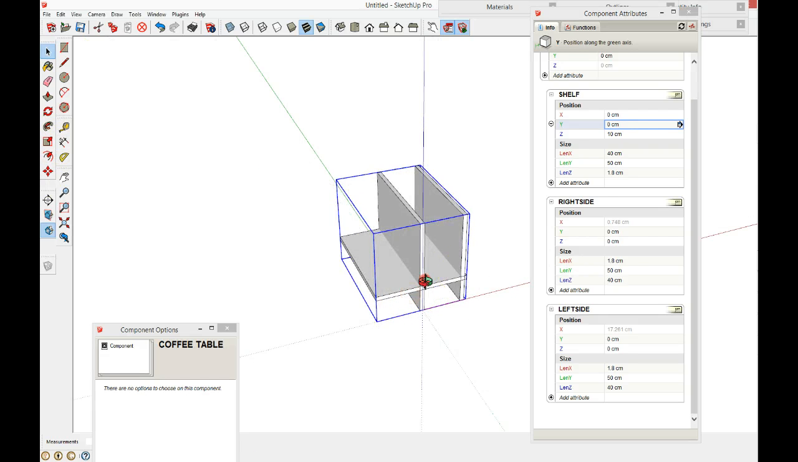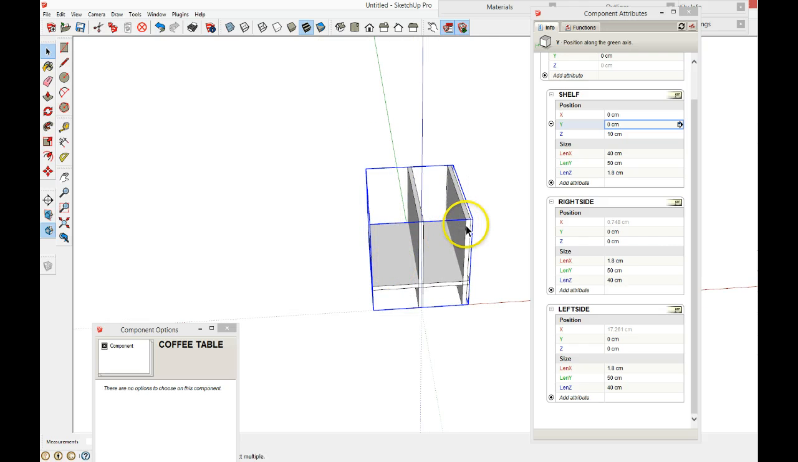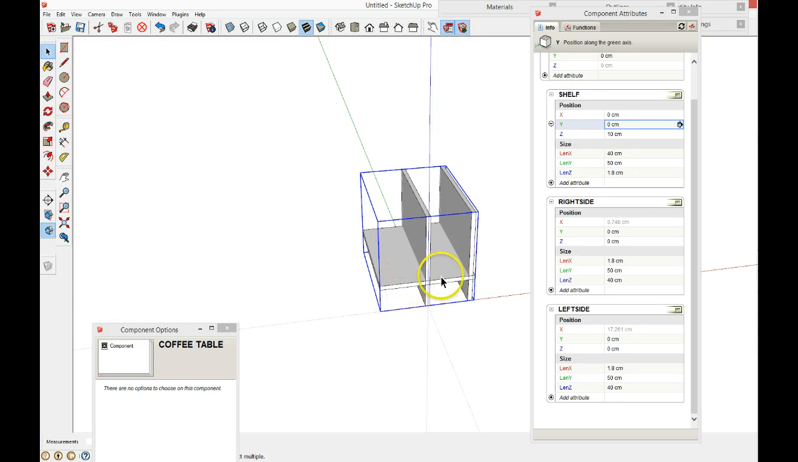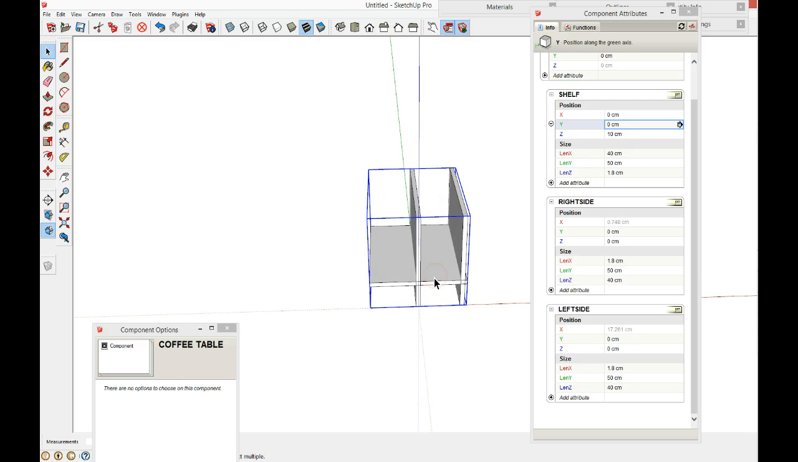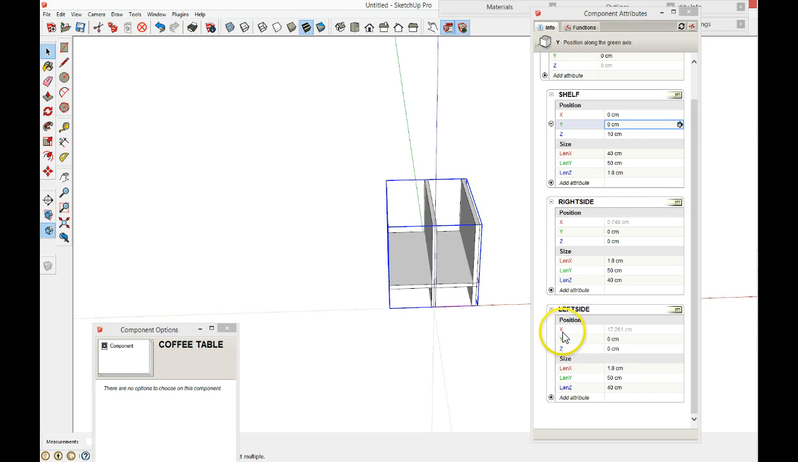So the only thing now is to position these left and right sides so that they're on the ends of this shelf. So at the moment it shows you that the X position of this left side here, which is the left, is 17 there, and the X position of the right side is 7. So I'm going to change that, and I'm going to say that the positions of these is going to be,